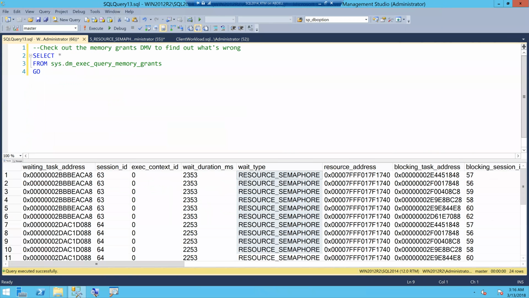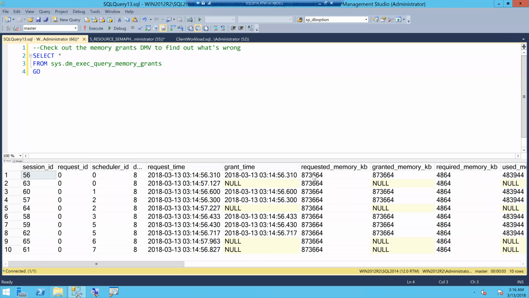And if I show you the output of memory grant, each execution of the query asked for 873,664 kilobytes, which is close to 800 MB. So each execution of the query asked for 800 MB, which means if all the 10 executions have to execute, SQL Server has to allocate close to 8 GB for 10 executions of the query only for that sort operation. Now what happens is,